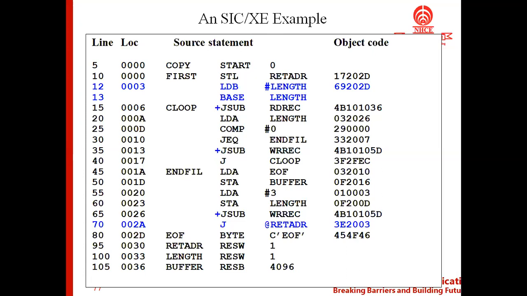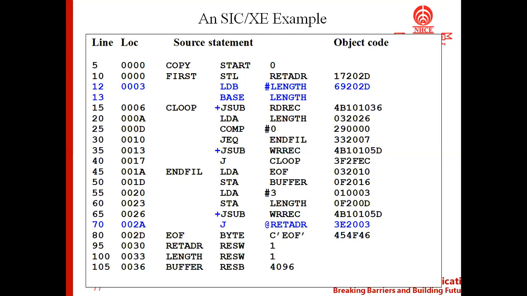So how the 0003 has been derived from the previous instruction is, since line number 10 is an instruction in SIC/XE, it should fall under one of the 4 instruction formats. As you know, format 1 doesn't have an operand, so this instruction will not fall under format 1.